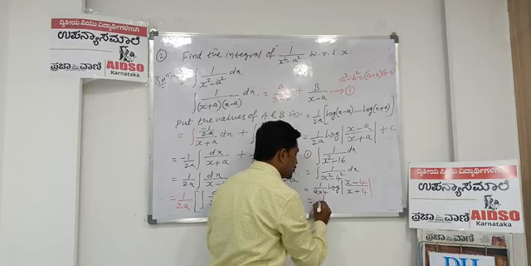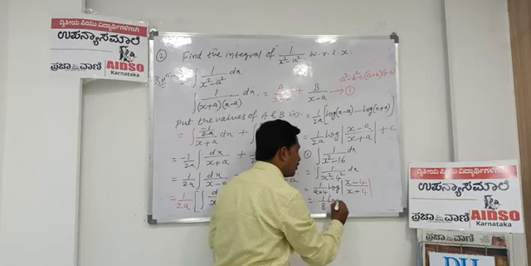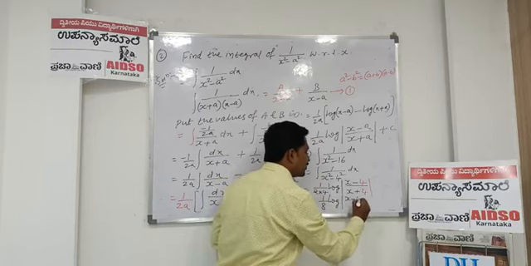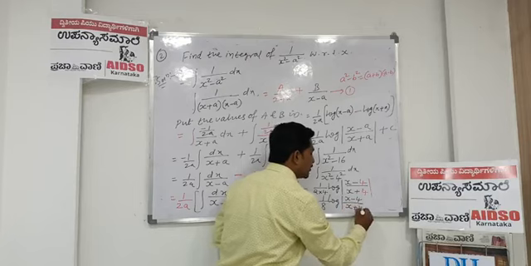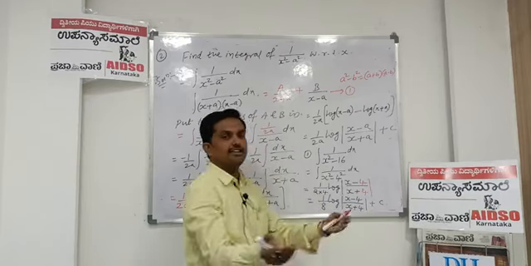Then it is equal to 1 upon 8 log of mod x minus 4 divided by x plus 4 plus c, the required